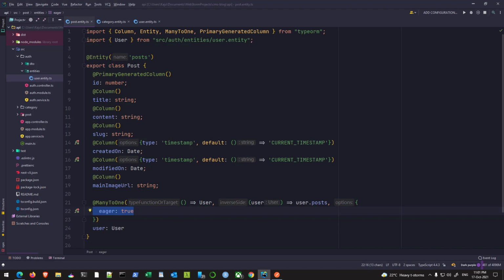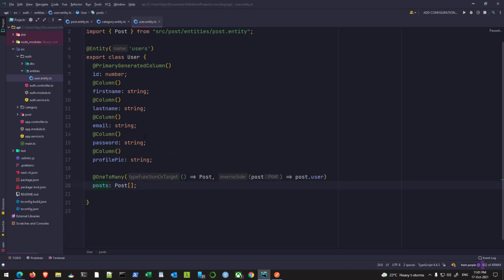But I specifically want to display the user whenever I fetch a post. Okay, and one thing to keep in mind: if you have defined eager true here, you cannot use eager true on the other side. So I cannot use it at both ends. You have to choose which side you want to use the eager true option. Okay, so that's about it for the user